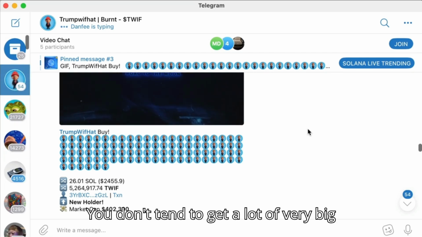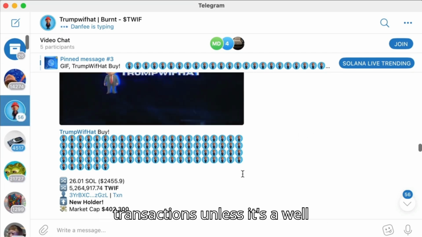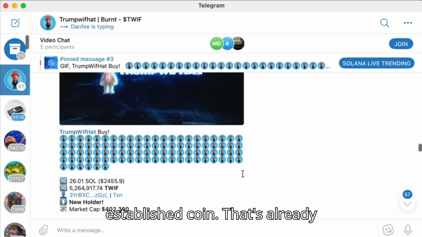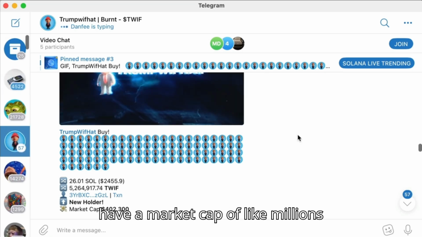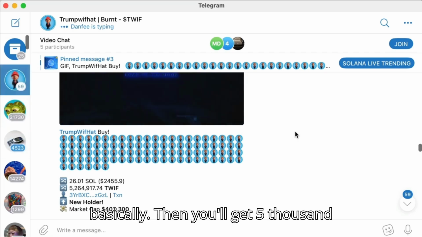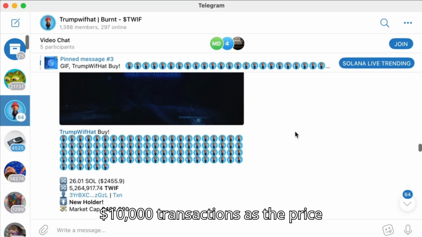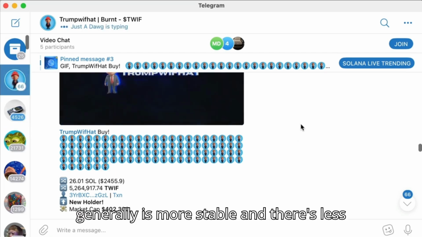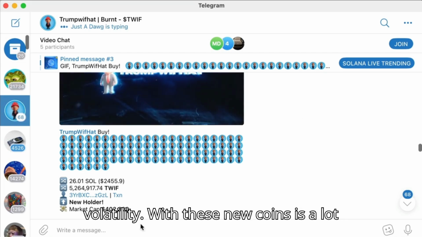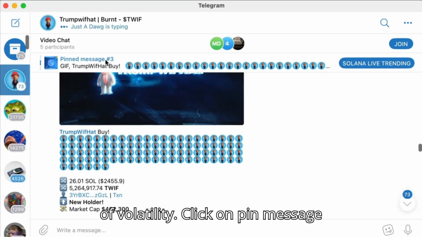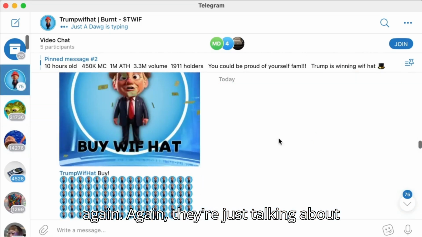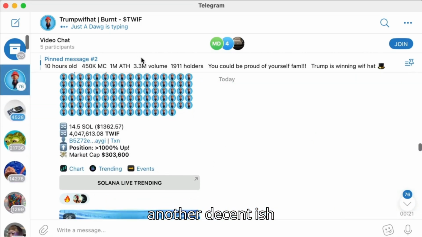You don't tend to get a lot of very big transactions unless it's a well-established coin that already has a market cap of like millions, basically. Then you'll get $5,000, $10,000 transactions, as the price generally is more stable and there's less volatility. With these new coins, there's a lot of volatility. Click on pin message again. Again, they're just talking about another decent-ish